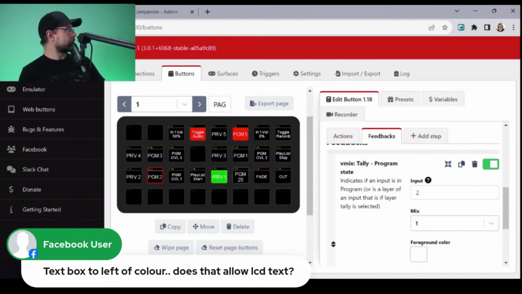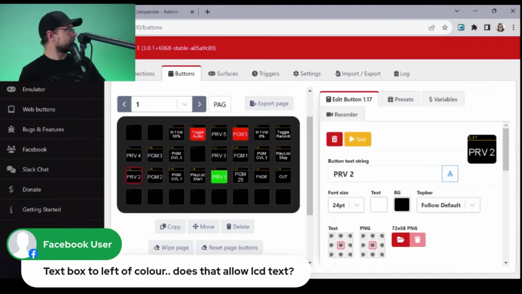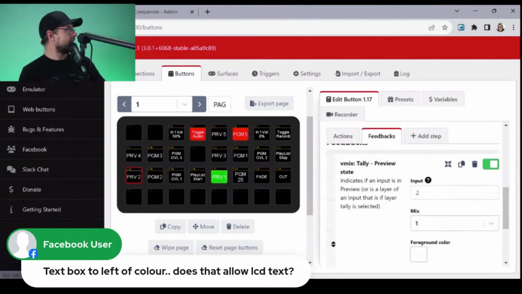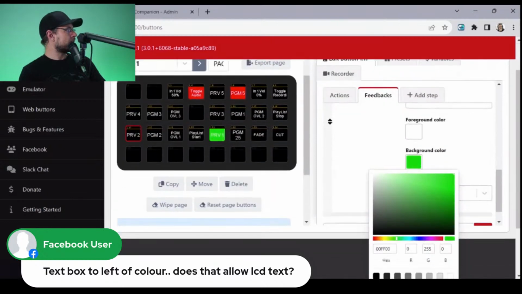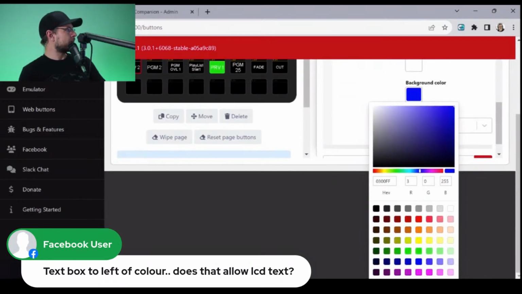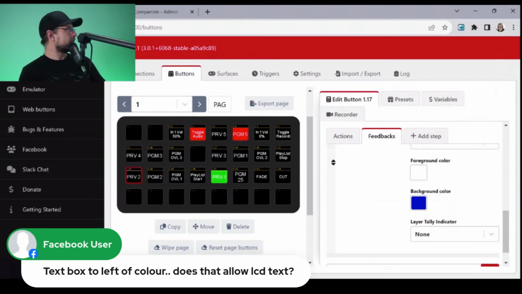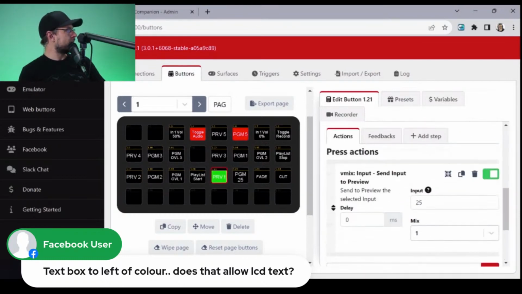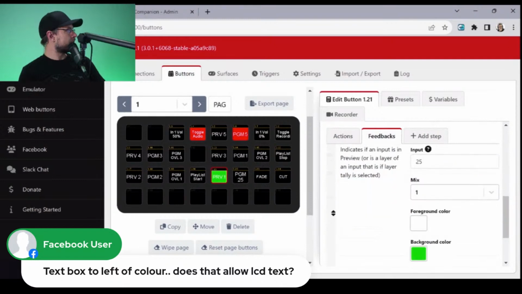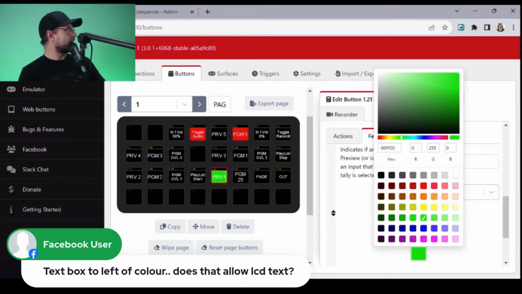The only other thing that I want to do is in the preview options, I want to change the preview, have feedback, preview state, background color, and I want it to be blue, right? I want to go here and say good, tally indicator, and I should do it here because this would be the one that would be on right now. So feedback, tally preview for input 25. Yeah, this is camera 1. So background color, I want it to be blue, and now it's blue.